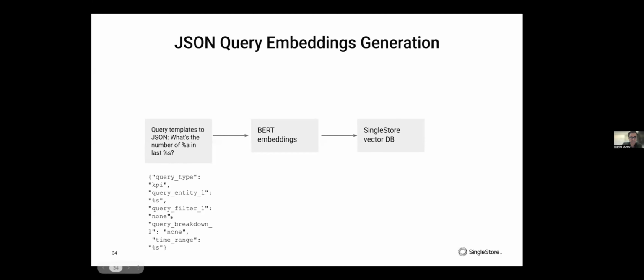Once we get these examples, we generate around 100K of them. We then convert them into embeddings. For these embeddings, we're using open source BERT because it's just for retrieval. Once we get those vectors, we store them in the SingleStore vector database, right?